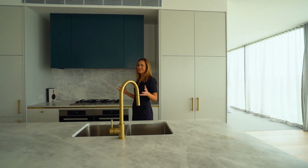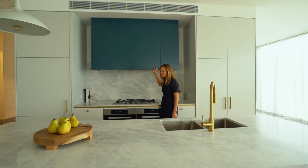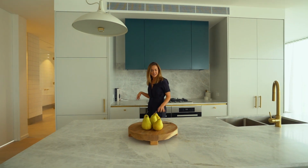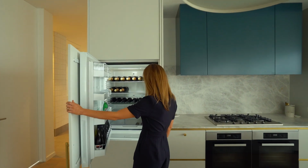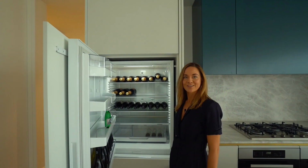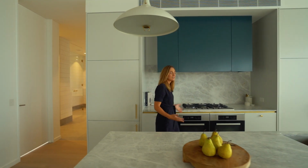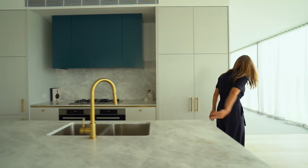It's just got a really nice feel. I love the interiors, especially that teal. That pop of teal green is so gorgeous. It's like two ovens here, heaps of appliances, and, oh yeah, integrated fridge, which, guys, it's fully stocked. I'm gonna have to tap that later, I reckon. It feels good, it's open plan, you're looking out over to your living and your dining, but let's check out